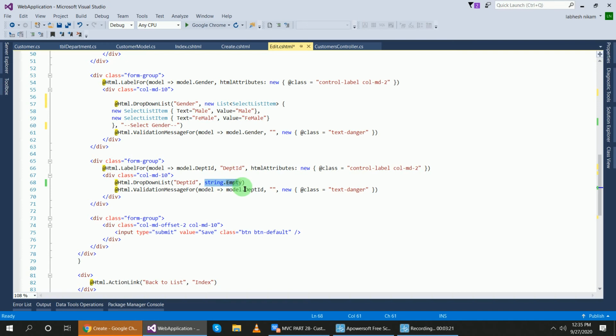In the last session I explained that the department drop down has the names IT, accounts, department names and one extra string dot empty, so we don't need that, and in place of that we will add "Select Department".